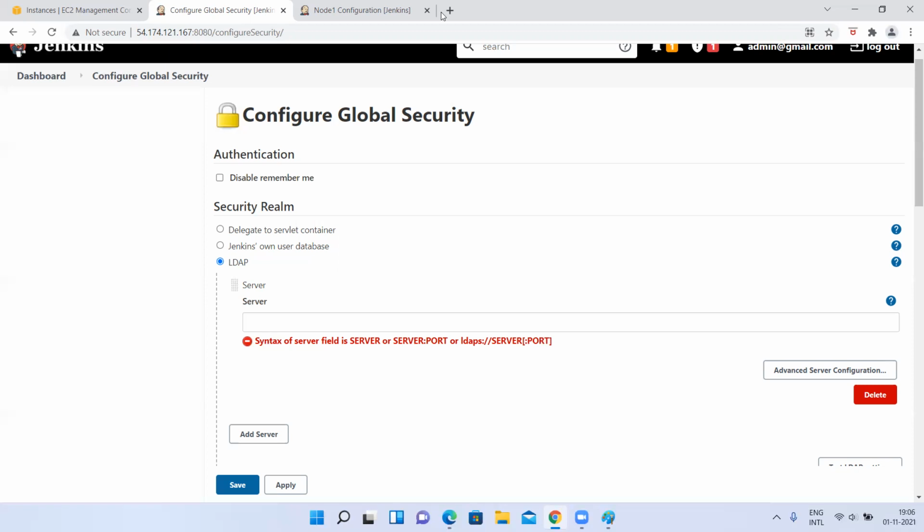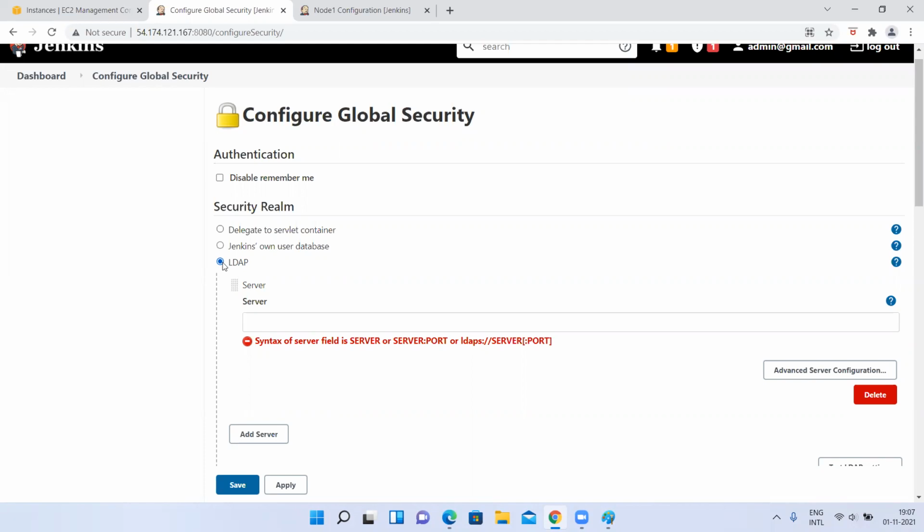This is a big topic. Even I don't have a very clear idea how to implement this LDAP. But just think, there is one username and password stored in one database. So there will be one LDAP which will connect to that database and check the username and password. So if all your Office websites are linked to that LDAP, and you link your Jenkins to that LDAP, it will check the same database.